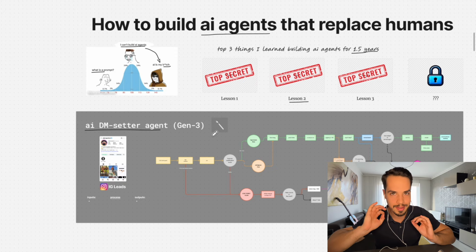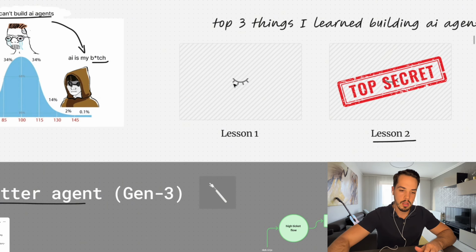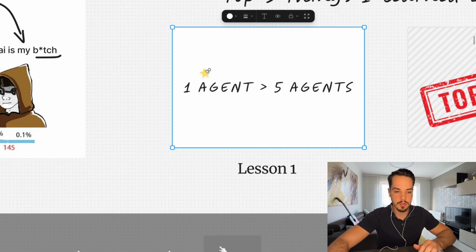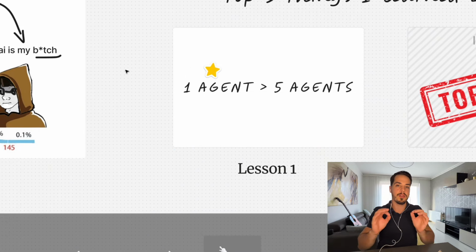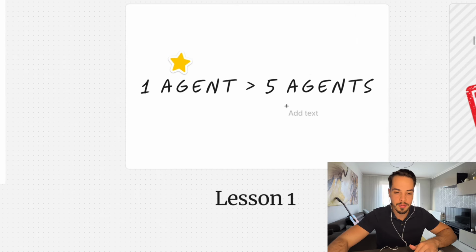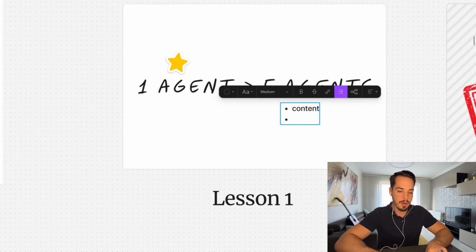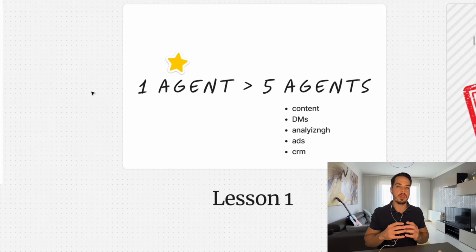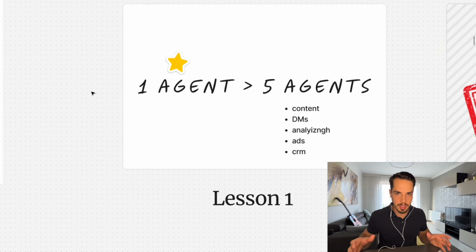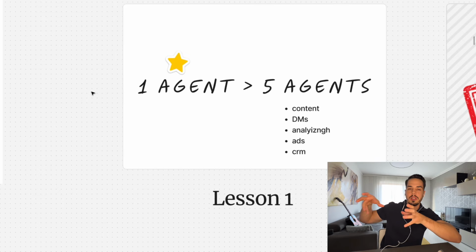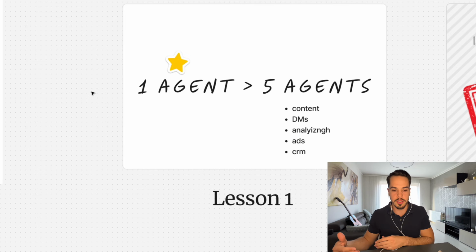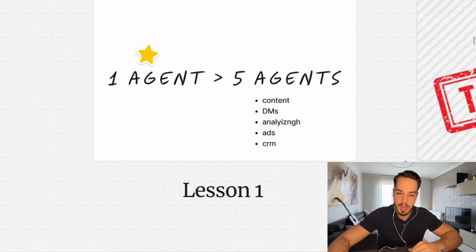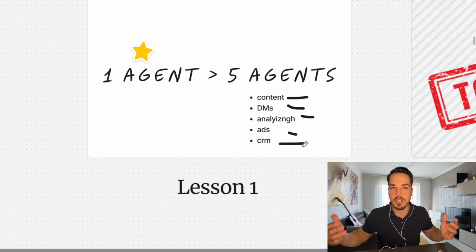So the first biggest lesson that you need to adopt is one AI agent that is actually good is better than having 5 mediocre ones. I see a lot of people having an AI agent for their content, and one for the DM setting, and one for analyzing the sales calls, and then another one for the ads, and another one for the CRM. And it's usually just going to create you more work to oversee and manage all these different AI tools and learn them, and it's just going to put you in a little golden cage in which you're the slave of technology. And it usually doesn't even save you that much time, because you end up doing all these things manually in the end just to make sure it's good.